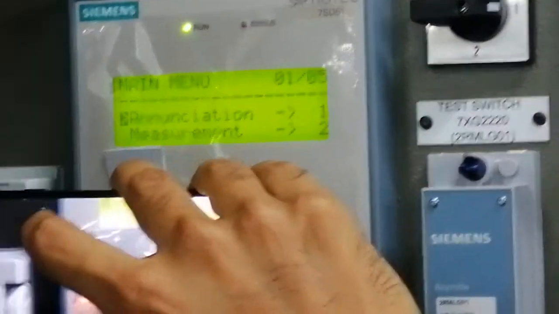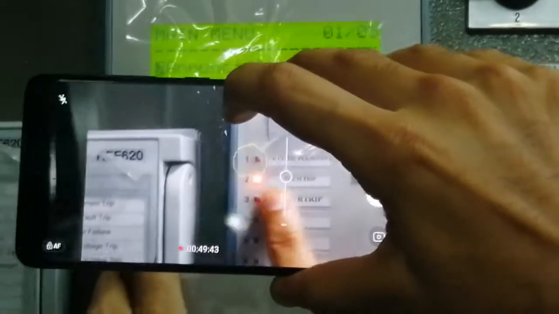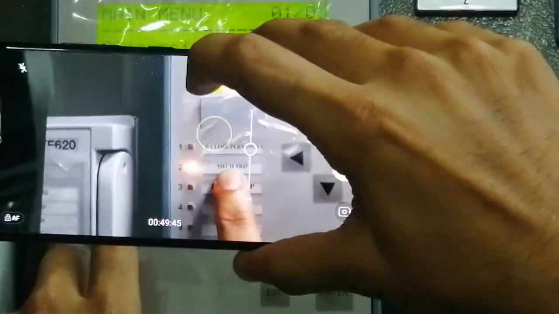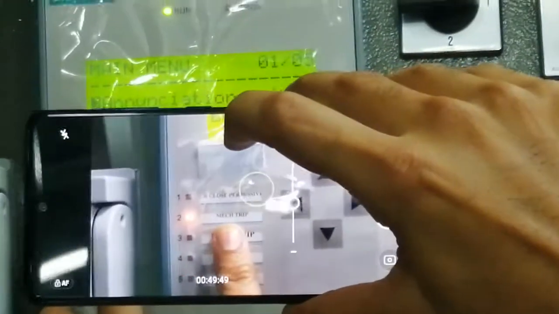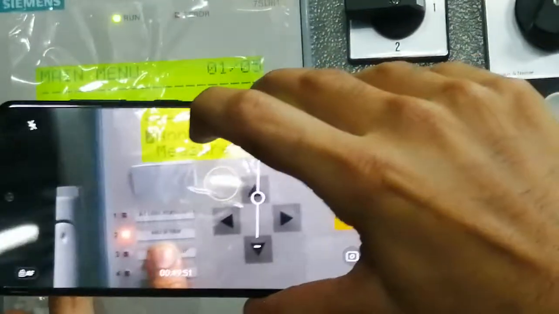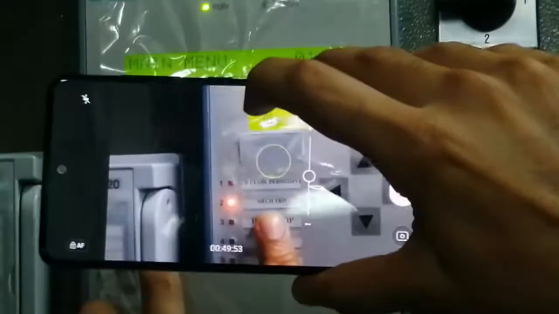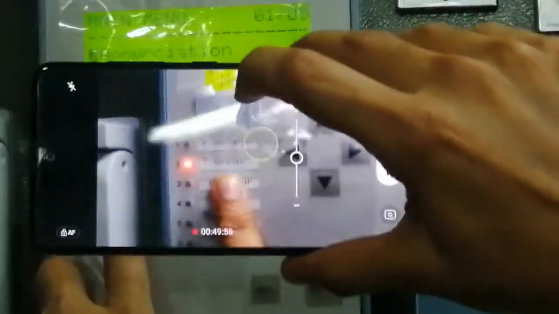We have configured LED number 2 for 132 kV. So as you can see here, this is the 132 kV Ciprotec relay. We are getting LED 2. That means this is the inter-trip from 11 kV to 132 kV, based on the transformer mechanical protection and 11 kV breaker failure. So right now we are checking based on the transformer protection.